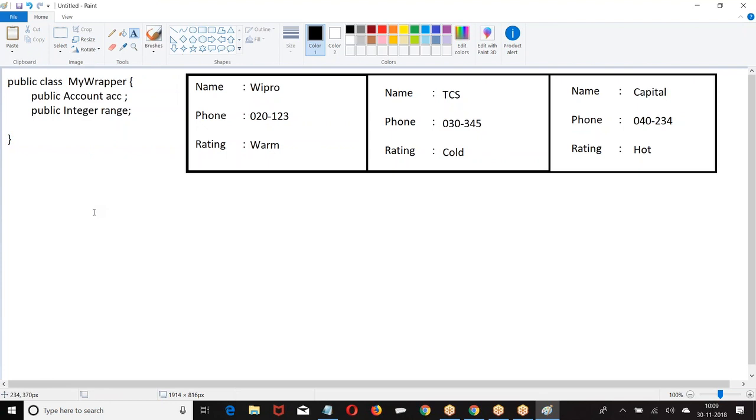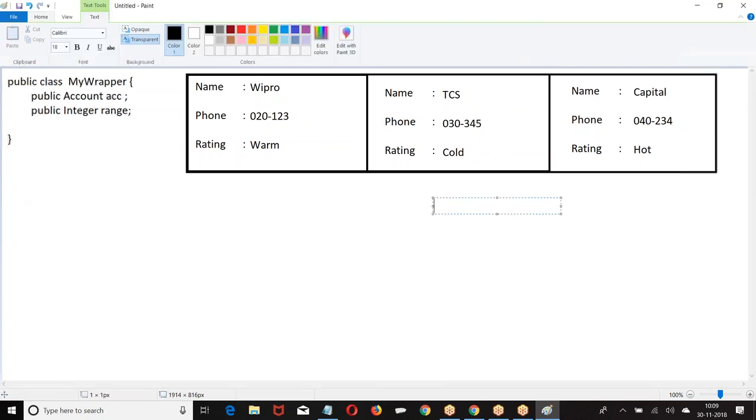Now, what is my requirement? My requirement is to take one by one account record and create one wrapper for the record. With the help of one record, create one wrapper. So, how many records are there here? There are 3 records. As there are 3 records, we are going to get 3 wrappers. List of my wrapper. For every record of account, I am creating one wrapper.